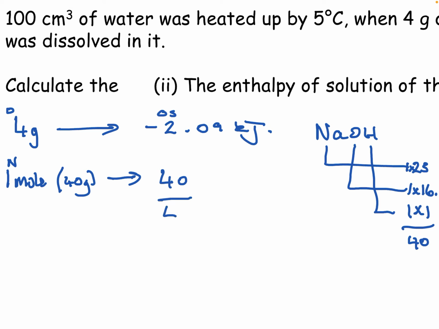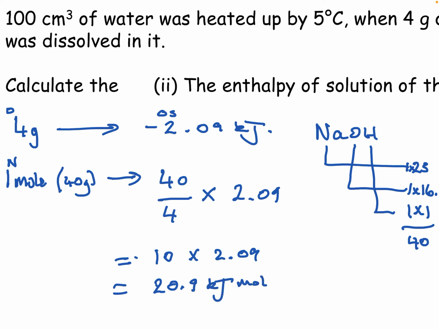40 divided by 4 times by 2.09, that works out to be 10, 40 divided by 4 is 10, times 2.09, so that ends up being 20.9 kilojoules per mole. Remember the wee per mole part, this is because you've worked it out for 1 mole, so